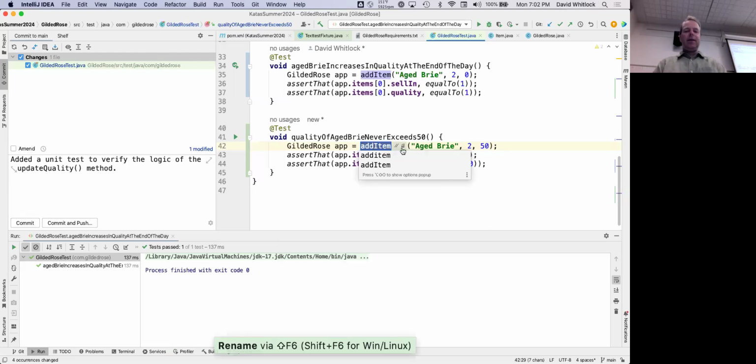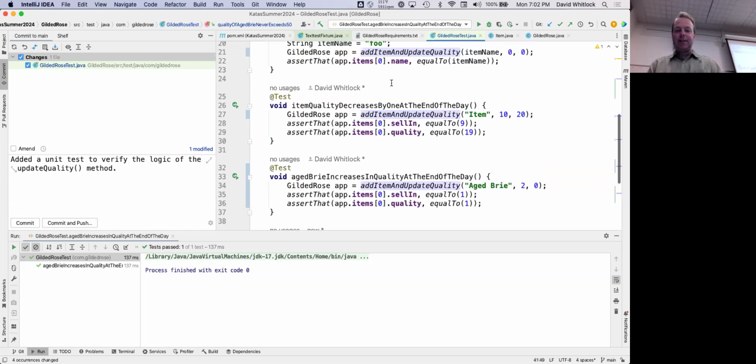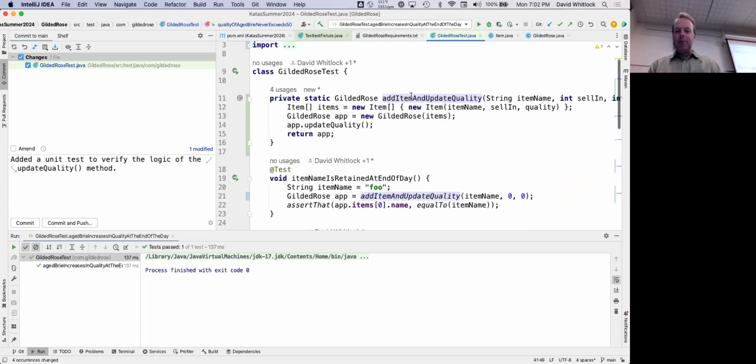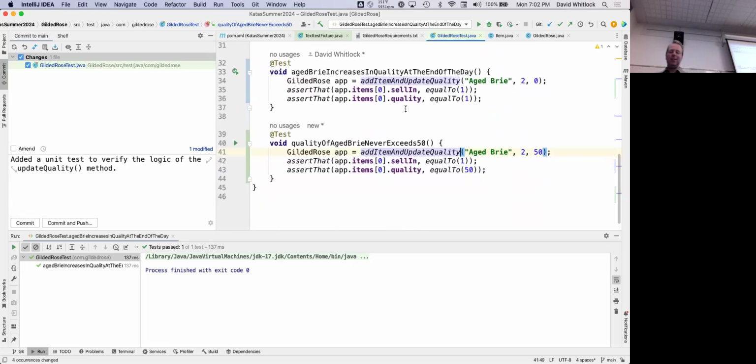And then it says, okay, great, here's that method. What do you want to change its name to? So add item and update quality. And hit return. And notice it changed all the usages of it and its declaration up here, right? This is what refactoring tools give you. It's smart enough, it knows the language, and so I only have to change it in one place, yet it is changed everywhere that it's used.